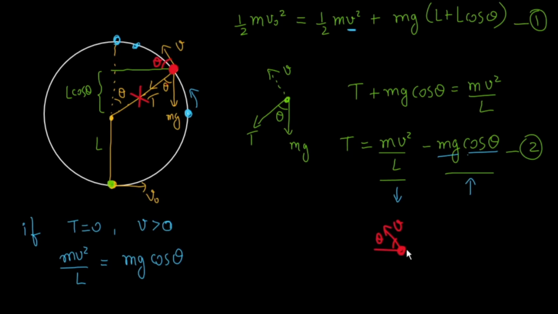There is no tension, so there is no restriction to it, and it will perform a simple parabolic motion. Okay, a projectile motion like this. If tension becomes zero anywhere between from this angle to this point to this point. All right. Let's understand then, if I don't want this parabolic motion, then how much speed should I give?